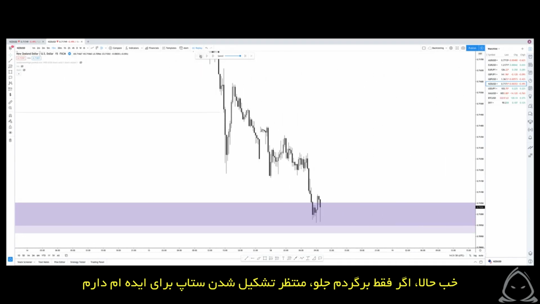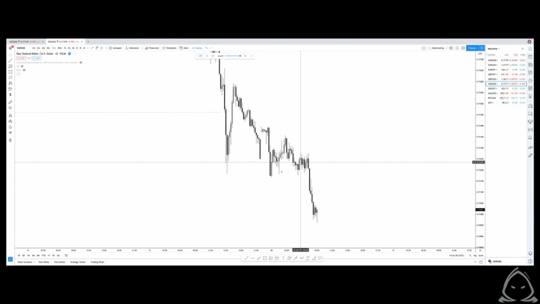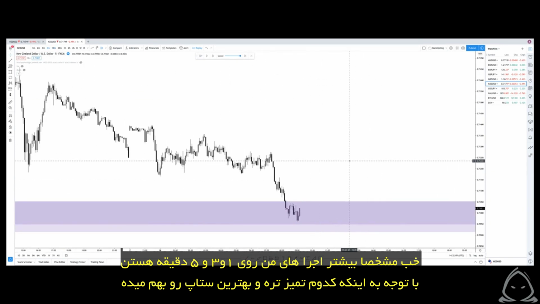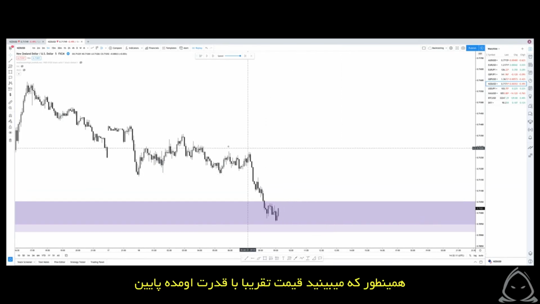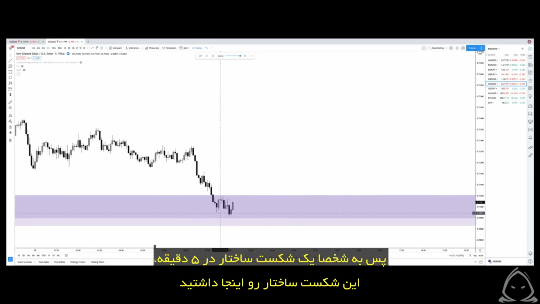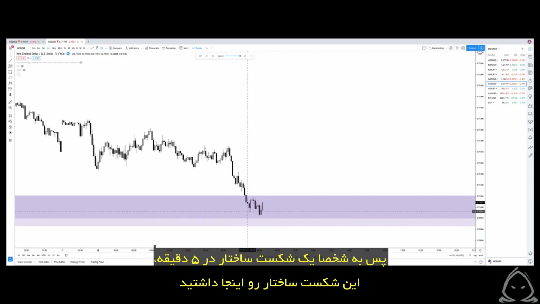So what I do now is, if I just go back, I will look to potentially set up and frame my idea for a trade. Most of my executions are on the 1 minute, the 3 minute and the 5 minute, depending what's clearest and what gives me the best setup. As you can see here, price has come down pretty aggressive. So for a 5 minute breaker structure, you've had this breaker structure here,